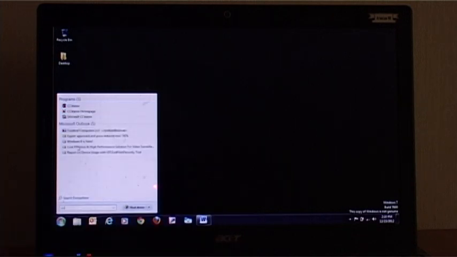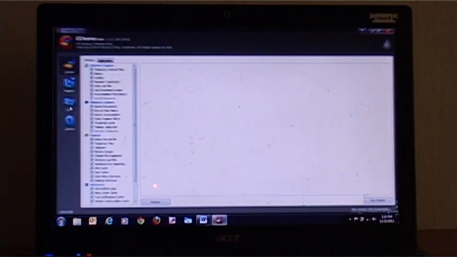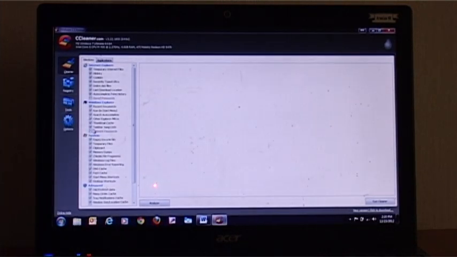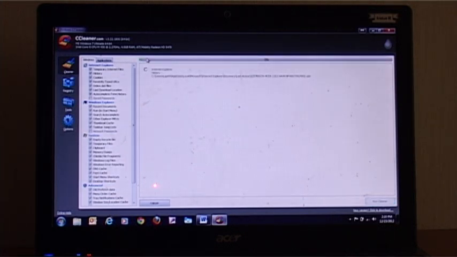To start CCleaner, click here on Start. This opens. Try to click all the tick marks. There is one button called Run CCleaner. Just press that button, and now you will see within a few seconds it will search the entire